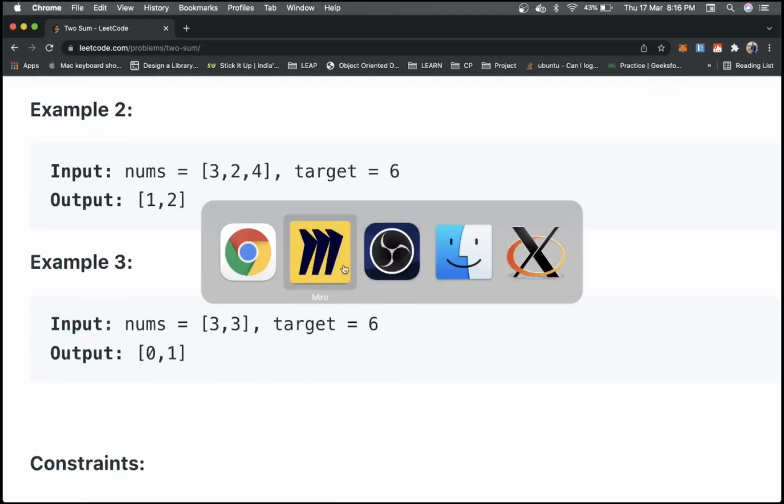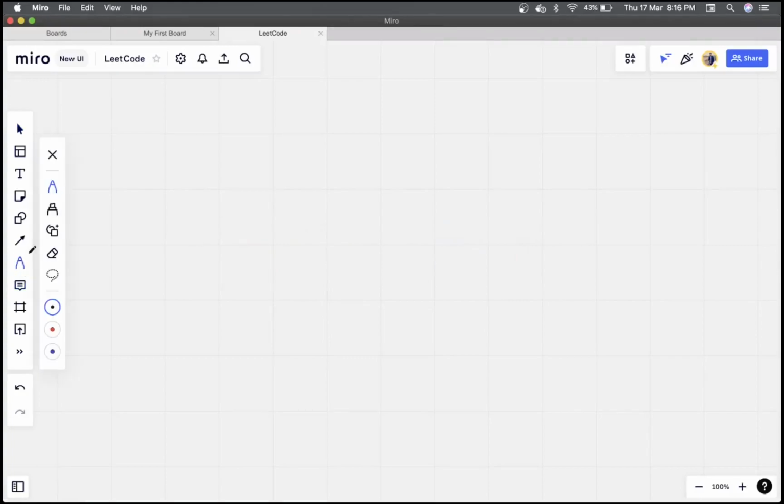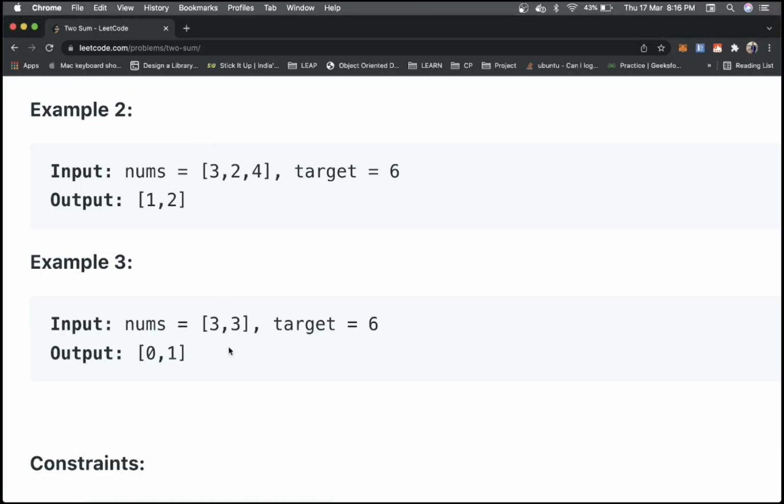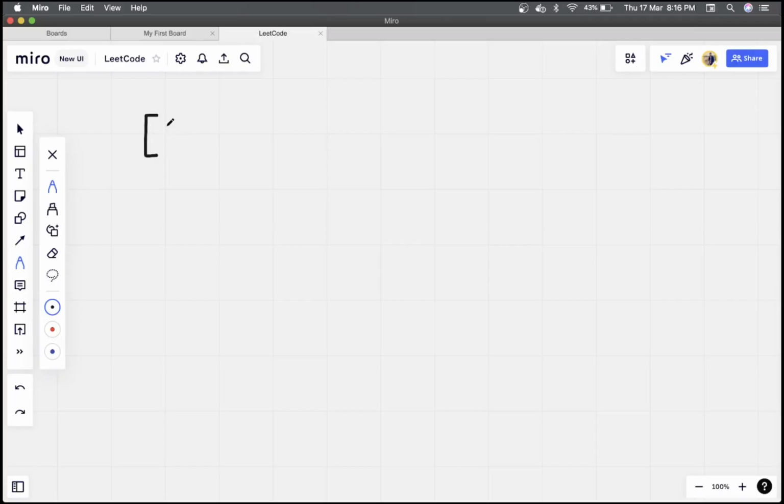So let's take another example. Let's take the same example. We have 2, 3, 7, 9, and we have a target of 10, right?